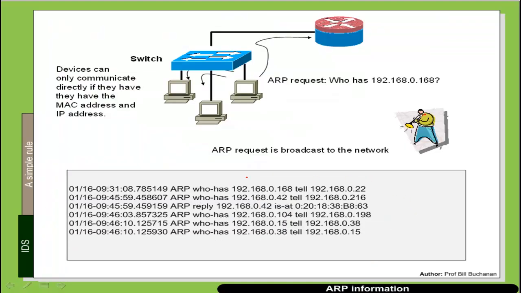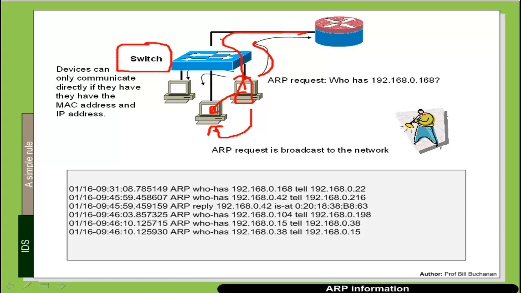Another element that we have that is important for logging purposes is the ARPs. With ARP, a device which is looking for another device will typically send it an ARP to find out what the MAC address is of that destination IP address. So in this case, if this machine was looking for this one, it sends out an ARP